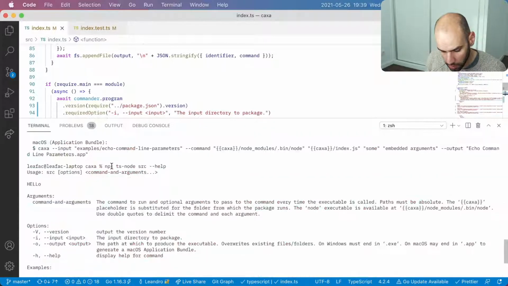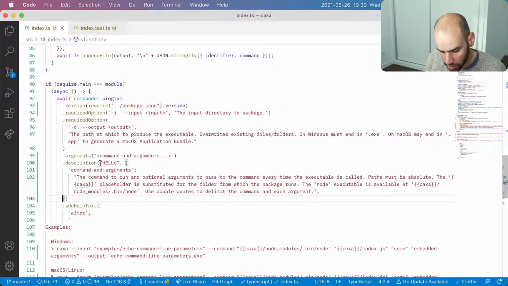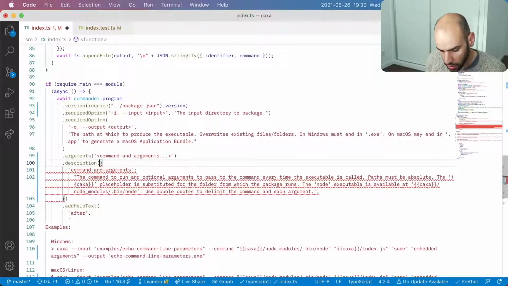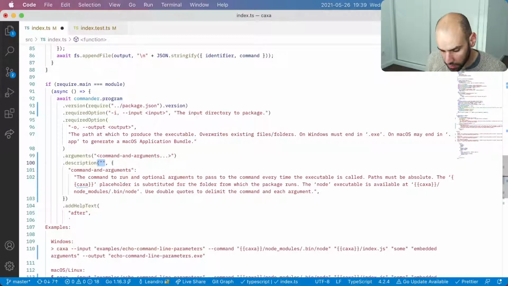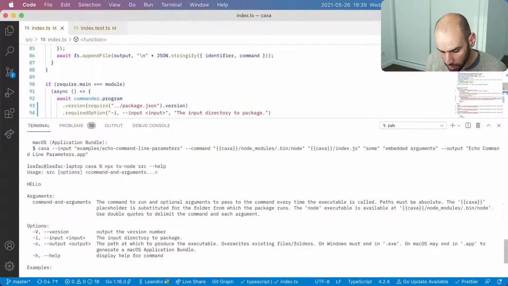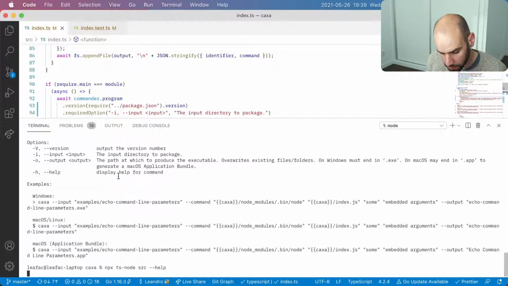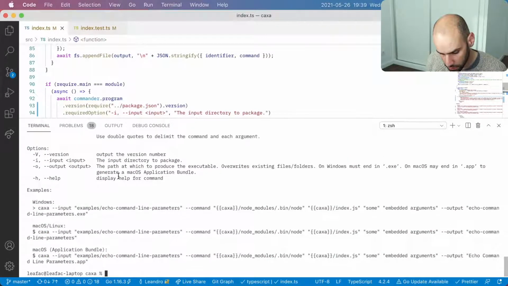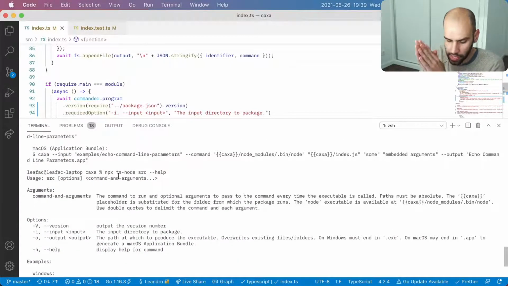And then the hello part, can we just not provide it? No. Can we provide an empty string? Can we provide undefined? Okay, we can provide an empty string.